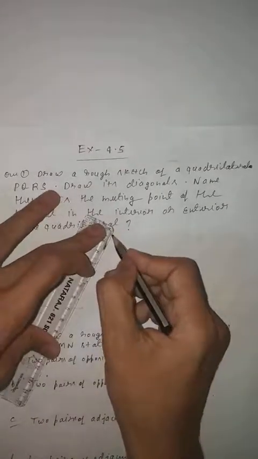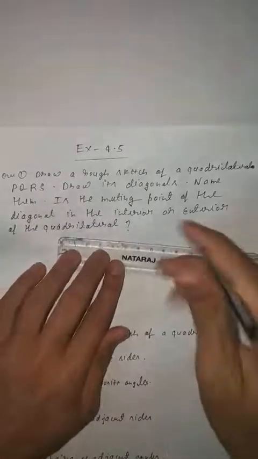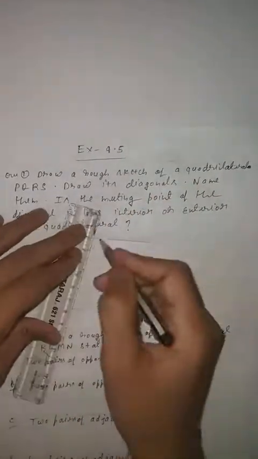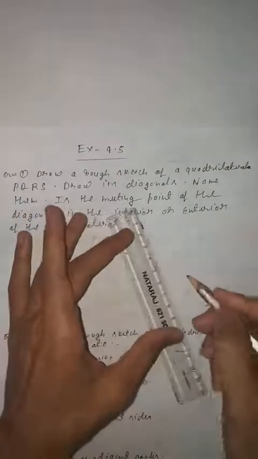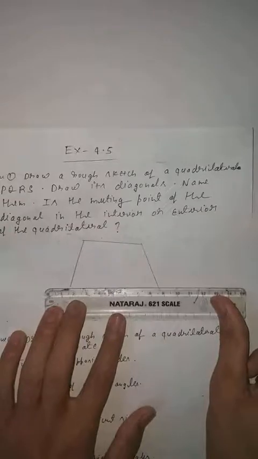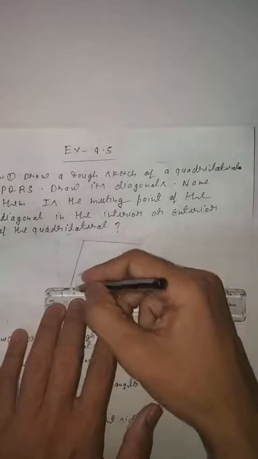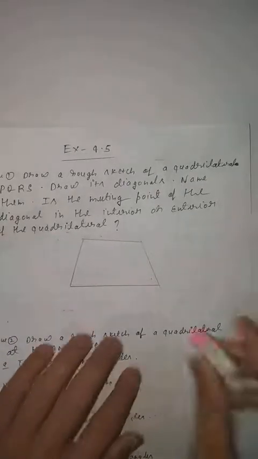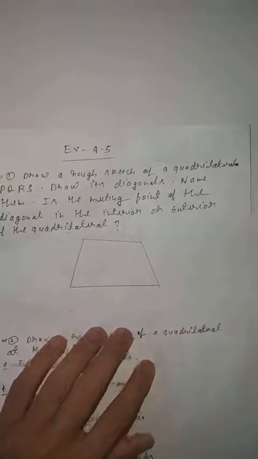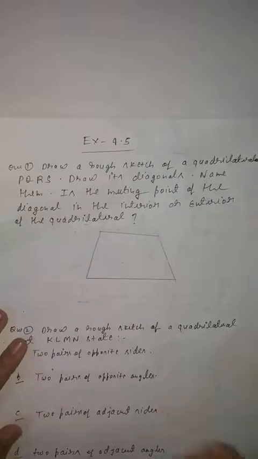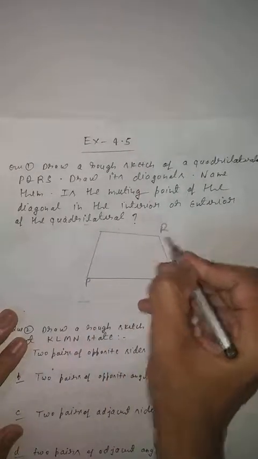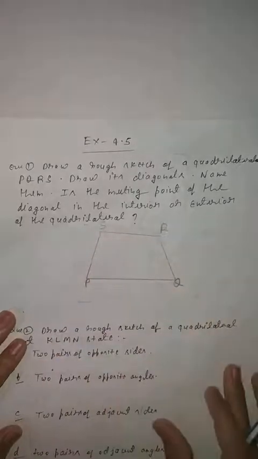So a quadrilateral you can draw yourself. Square, rectangle, anything. Here I am drawing not a square, not a rectangle, only a simple quadrilateral. Quadrilateral means having four sides. It is not mentioned that you have to draw a square, rectangle or anything else. ठीक है ना? So this is our quadrilateral having four sides. You can give names P, Q, R, S or A, B, C, D. Anything, it depends on you.